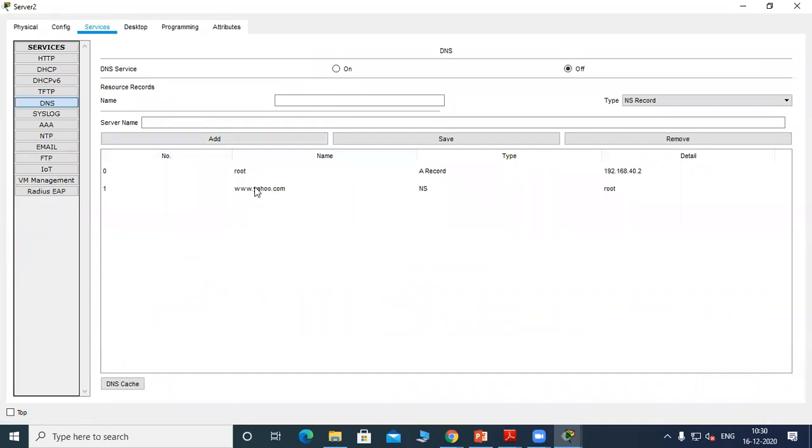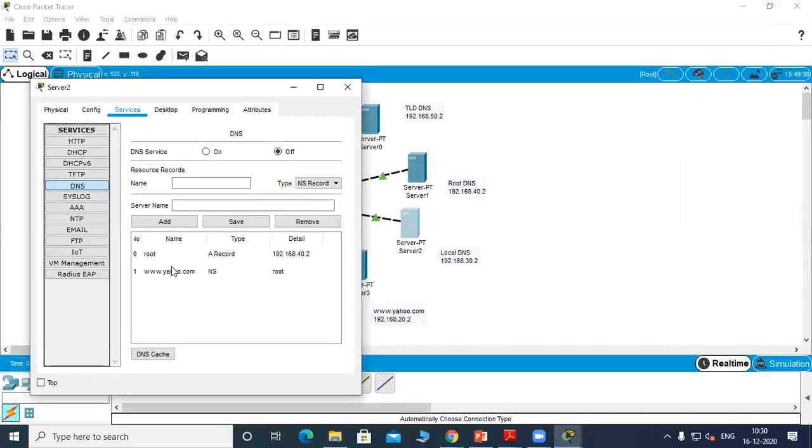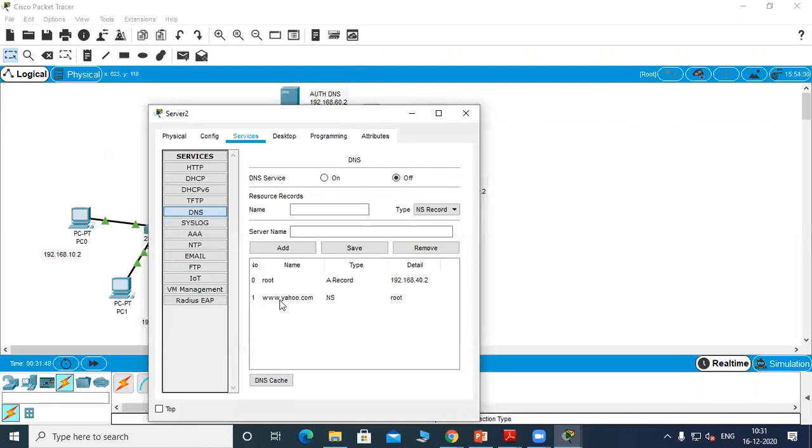The records that you're adding should be in the zone. All the non-specific records should be at the last, and all the upper levels, or where the request has to go, should be added first. If you interchange these two, then you may not be able to access the web page properly. So make sure of the order of the names: first all the A records, then the non-specific records. If you interchange this, then what happens? This record will be there and the root address will not be available, so you will get an error telling that the web page is not accessible.